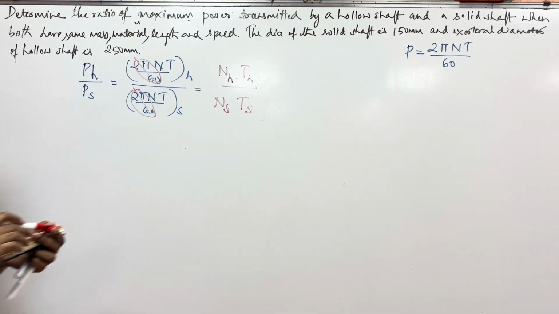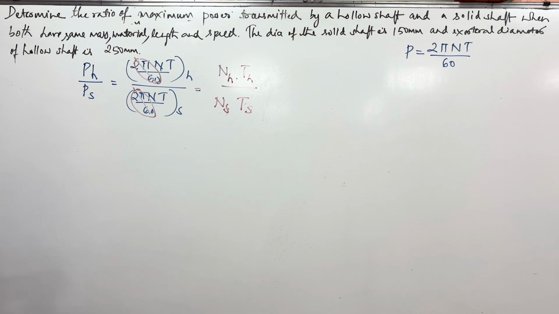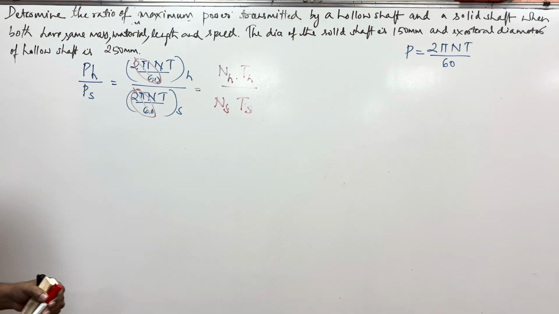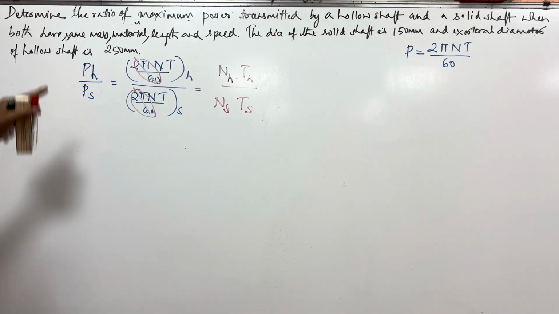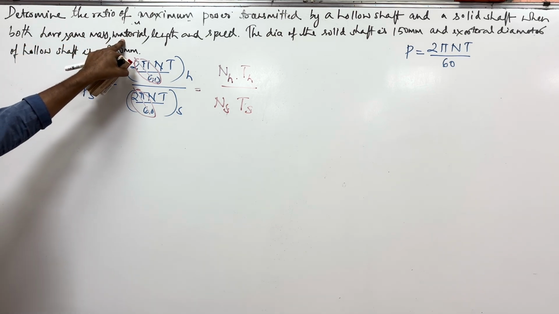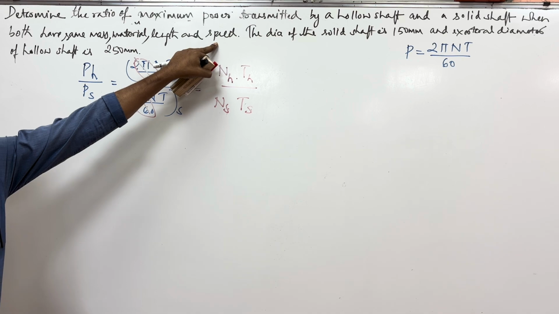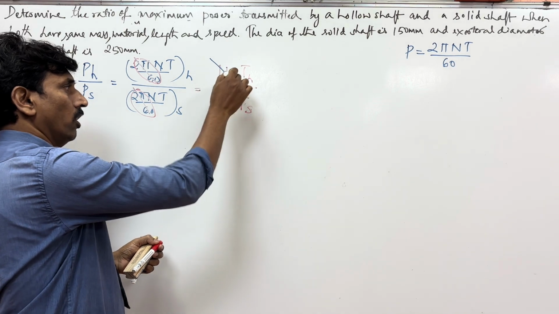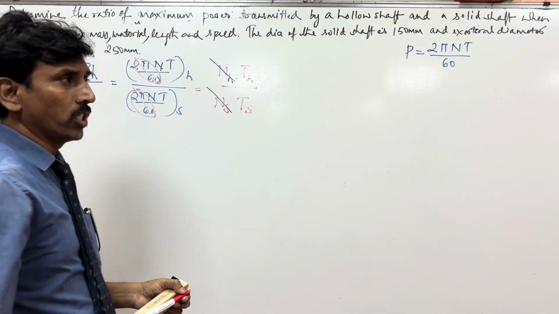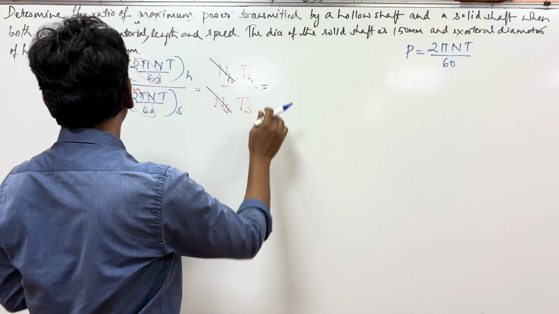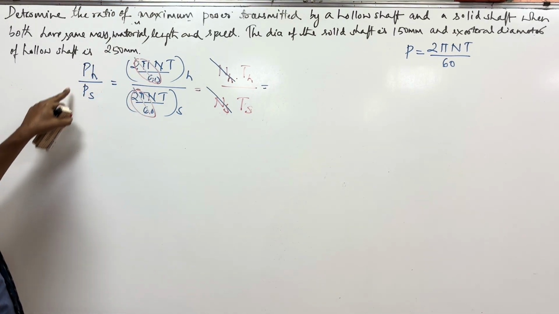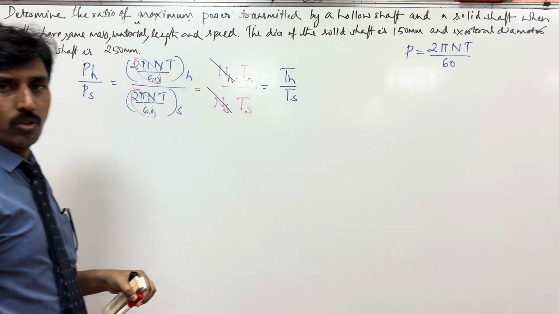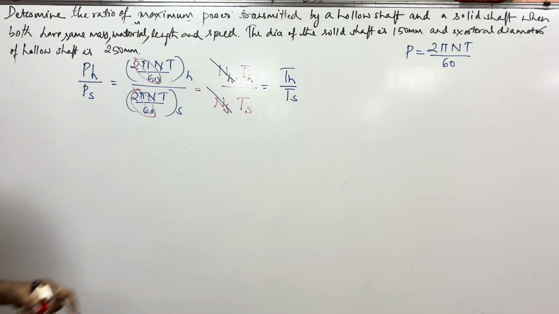But I think something is given in the numerical here. We need to find the ratio of this power transmitted when both of these have the same mass, same material, same length and same speed. It says both are running at the same speed. So therefore the speed of the hollow shaft and the speed of the solid shaft will cancel out. So therefore I can say that the ratio of the power transmitted PH by PS is nothing but the torque ratio. Okay. Now, once we know this,